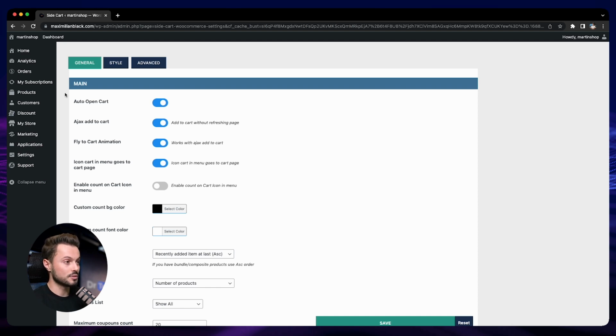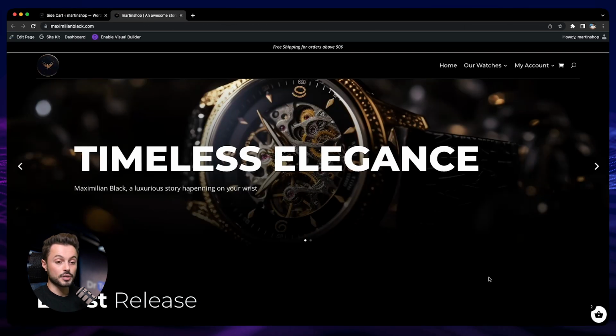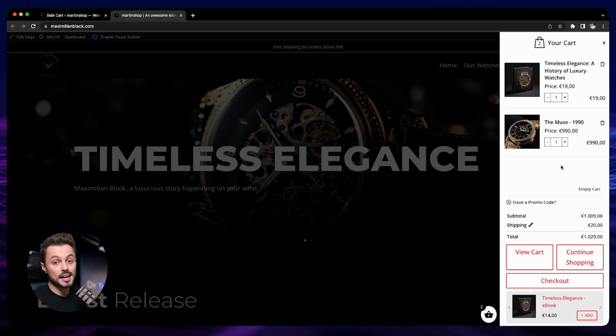So let's see how it looks. Let's go to our store. Okay. And here we go, we have our site cart here at the bottom right of our screen. And this will be displayed on all of our pages. And when we click on it, we have this site cart that opens and then display what we have in